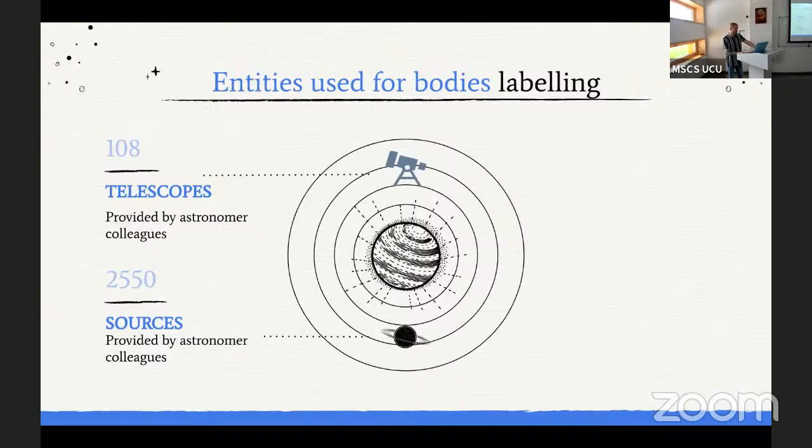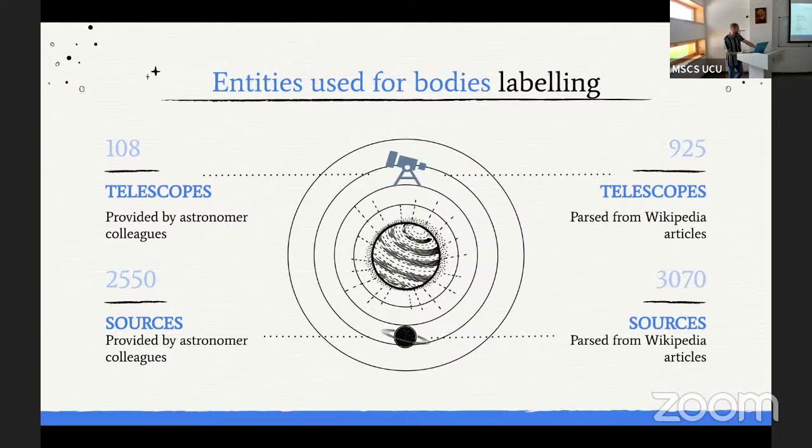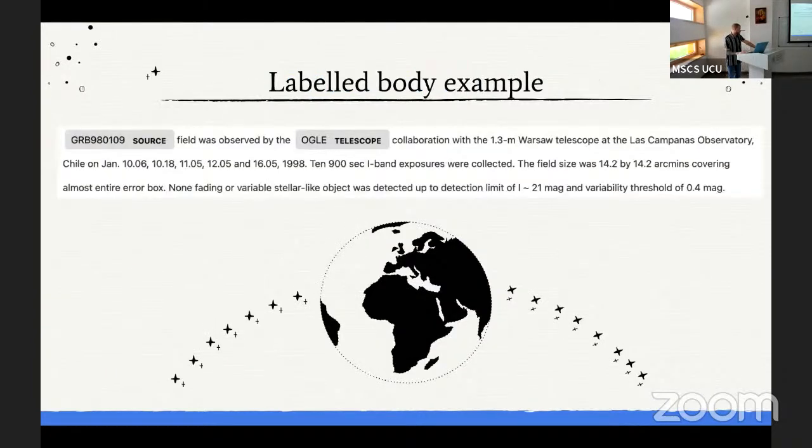They had already provided us with a set of values that they were tracking using regex rules. But we iterated through the model training a couple of times and discovered that there were not enough labels for the model. So we additionally parsed Wikipedia and obtained twice as many labels.